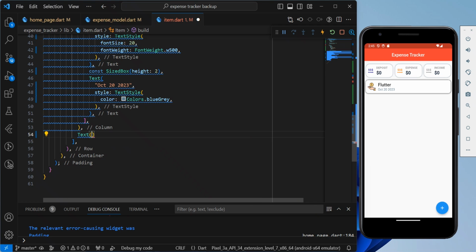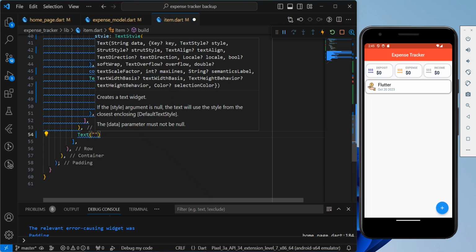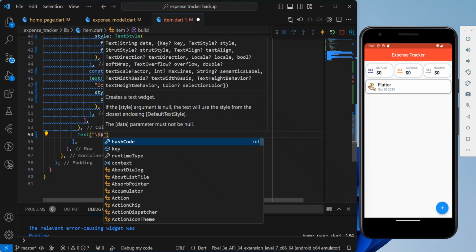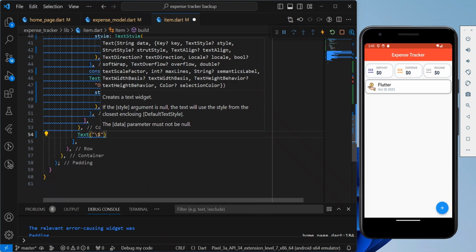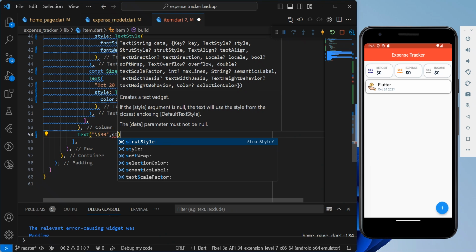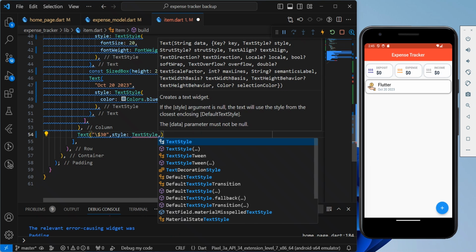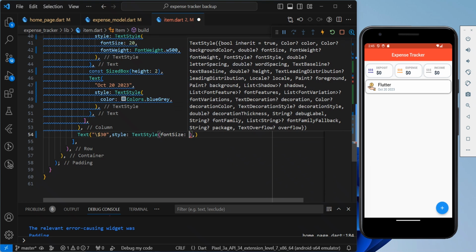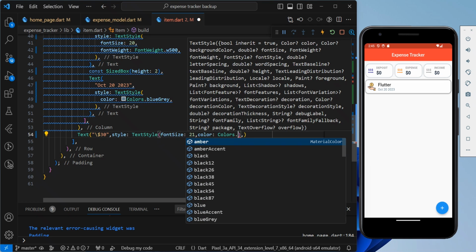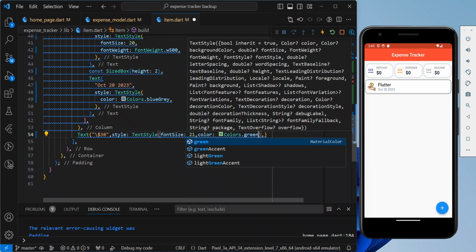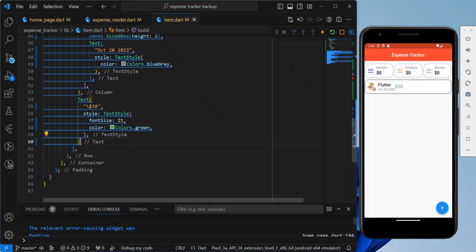And at the end of the row and outside of the column, I can create the amount, which also needs a text, which, for example, I will write $30. I also need to change the style, which I will give a text style with a font size of 21. And also I will change the color, which I will give the color of green for now, but later on the color will depend on